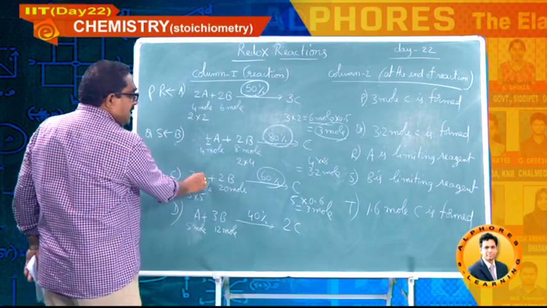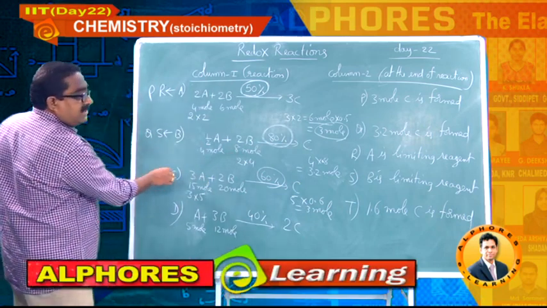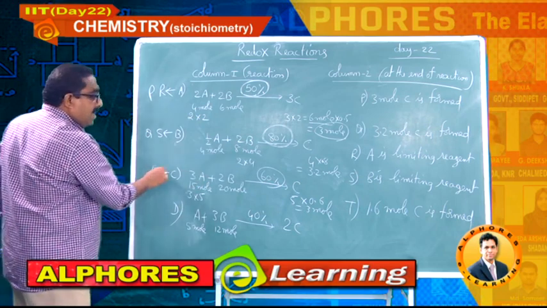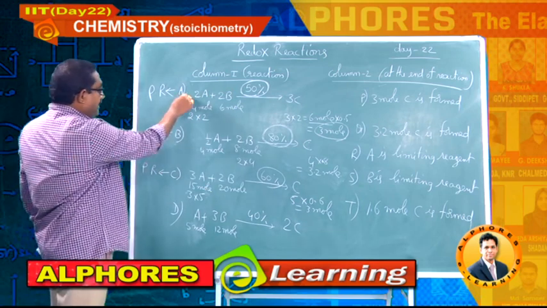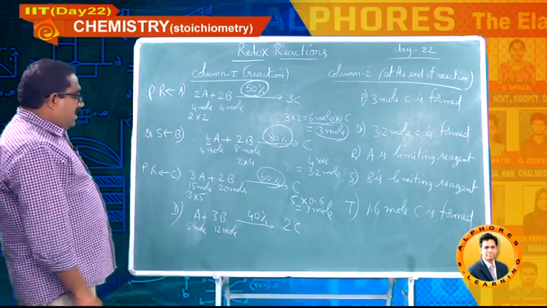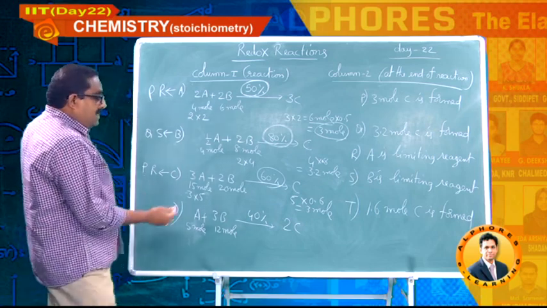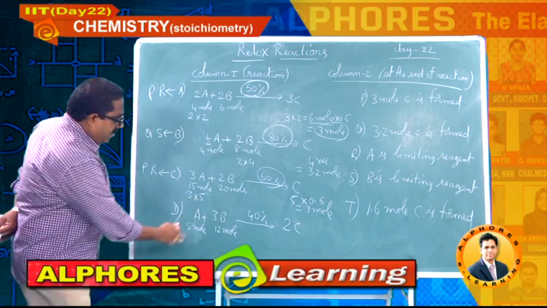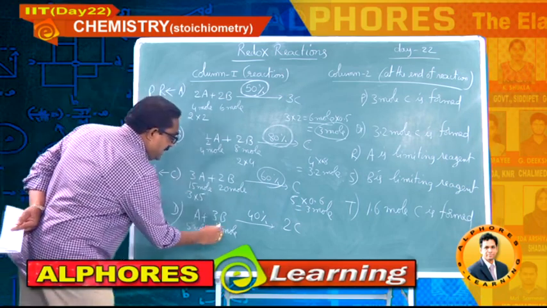Here limiting reagent is A. So, it should be matched with, where A is limiting reagent, R, and 3 moles again P. Again C is also matched with P and R just like A. Now, let us go for the last one. Let me find out limiting. 5 by 1, 5, 12 by 3, 4. So, this is the limiting reagent.